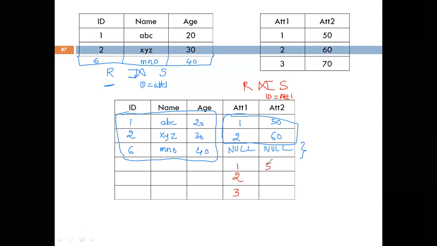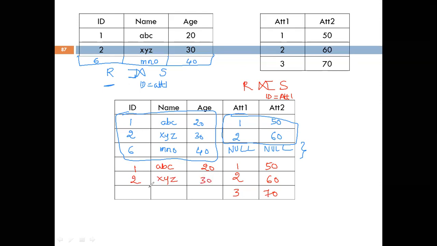So that is 1, 50, 60 and 70, and only the matching ones will be from R. For 1 there is a matching, so it will be written 1 ABC 20, and for 2 there is a matching, so XYZ 30.